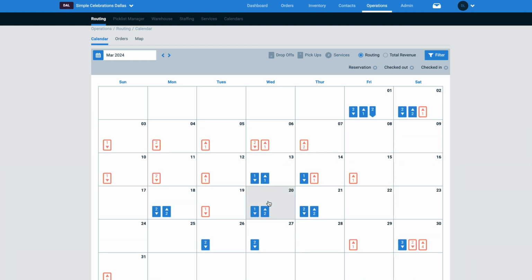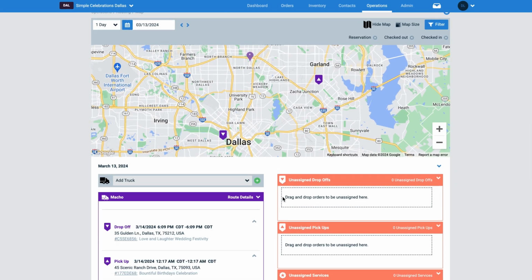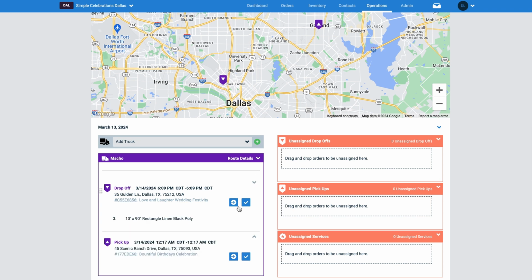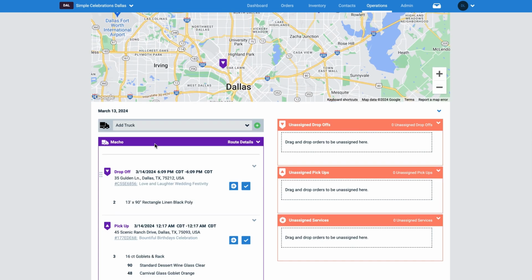And then you can zero in on a particular route. We'll look at a given day, and you can see what trucks that you have and what's needed in order to meet the needs of customers that day in terms of drop-offs and pickups. You can click and you can see what's in each order, and from that be able to plan which vehicles you use. You can use drag and drop to move those orders around, assign them to different vehicles, and you